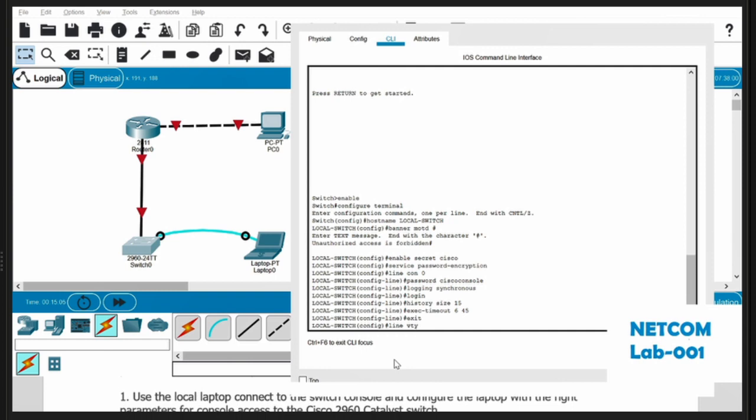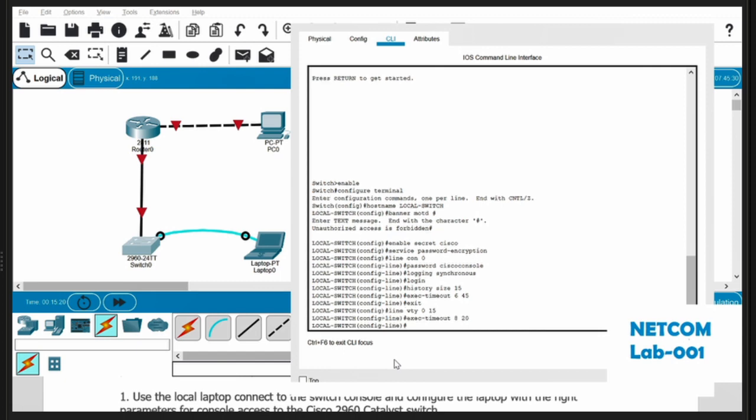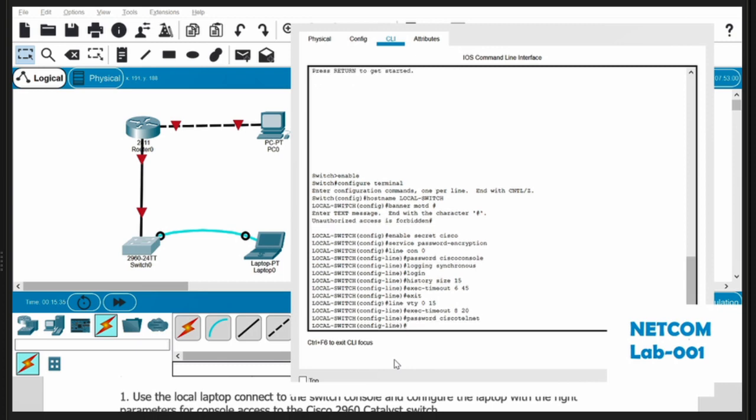So, kung nakita natin, almost the same lang naman yung ginagawa ko. Naglalagay ng password tulad dun sa kanina. And then,